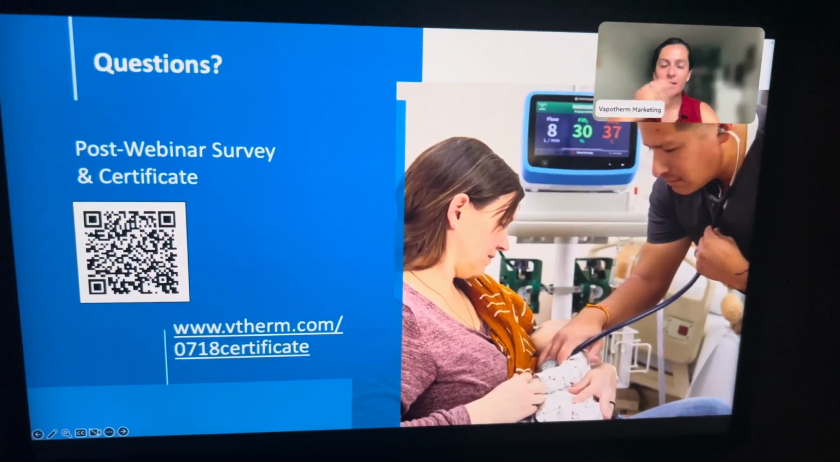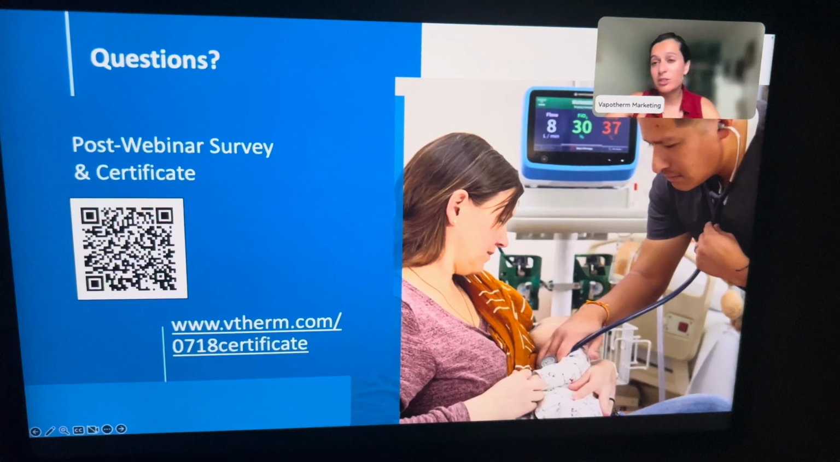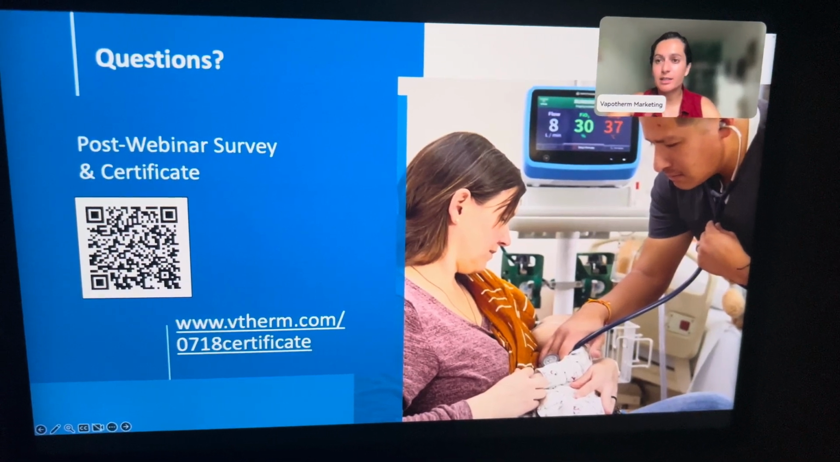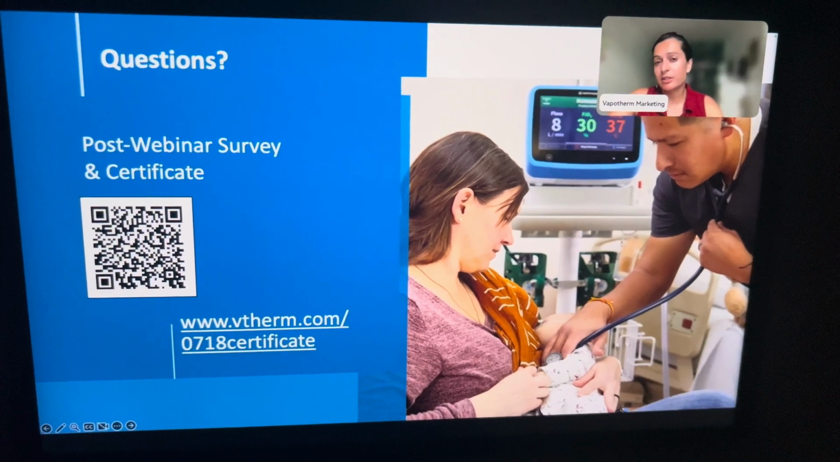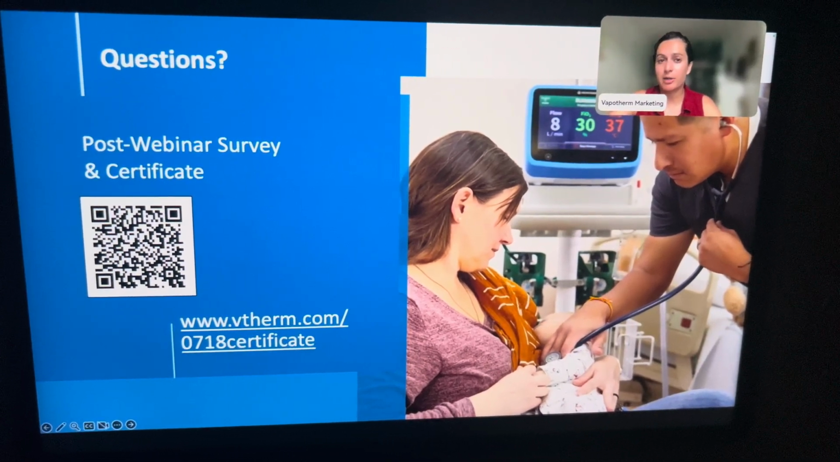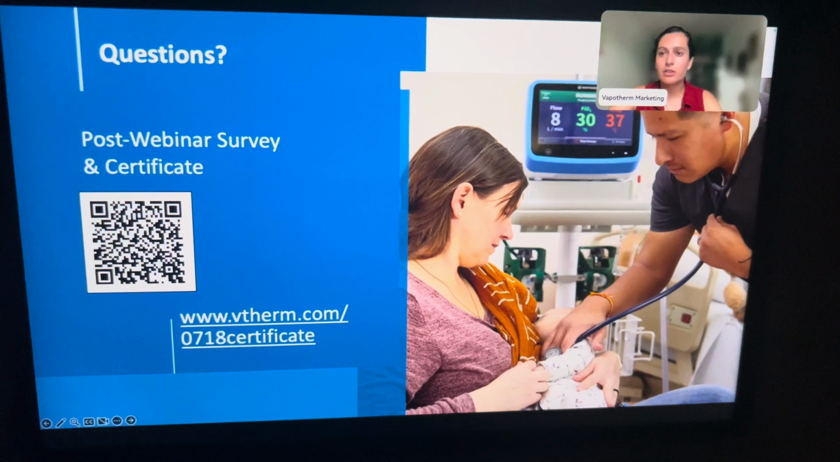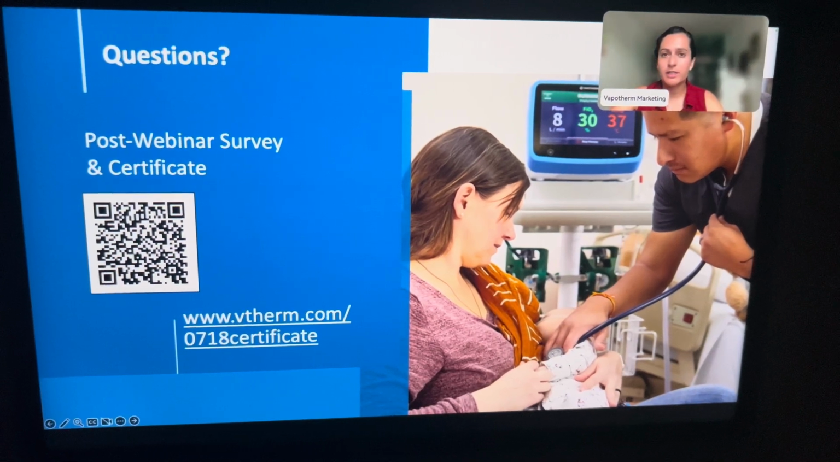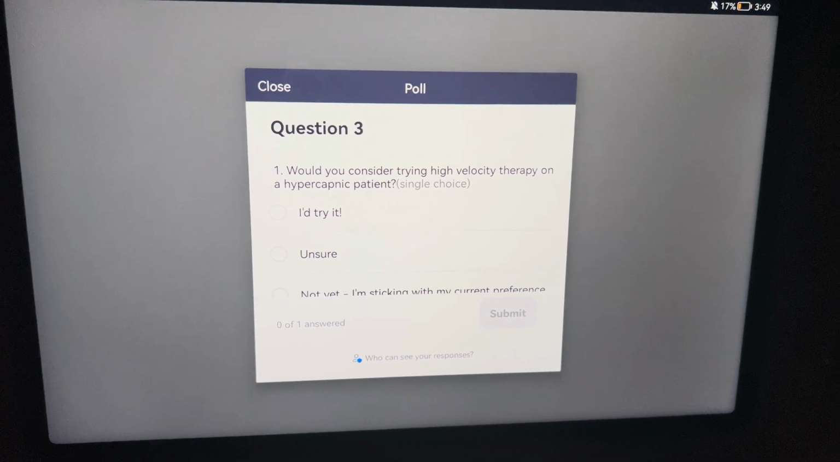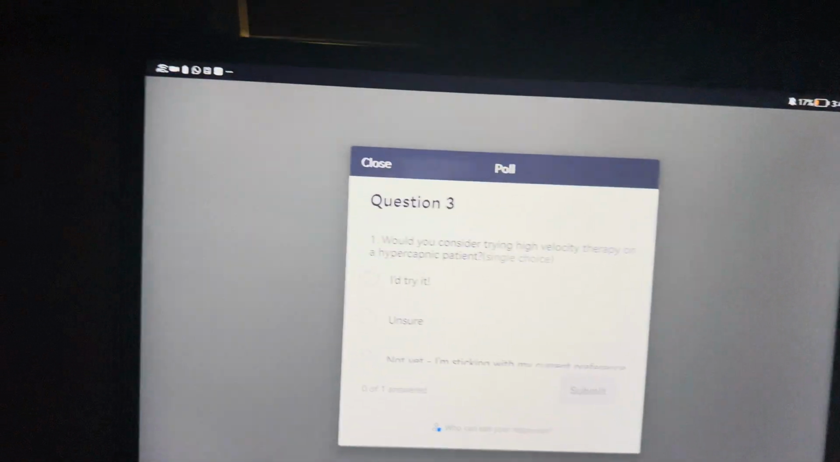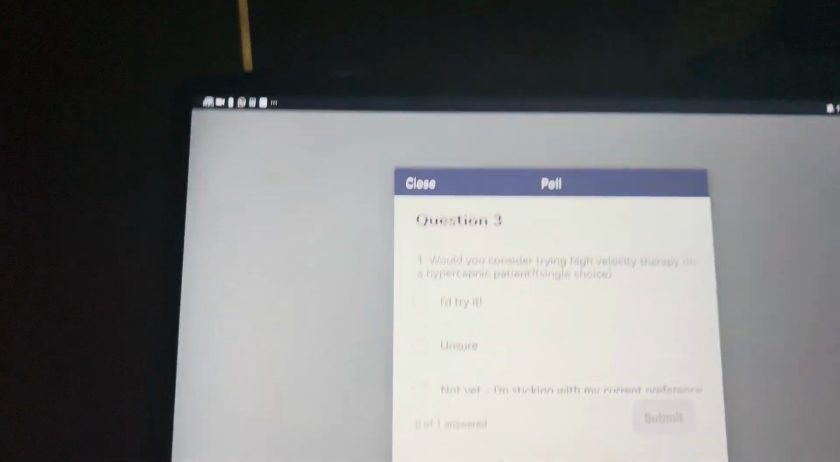For our next question, I want to ask the audience something. Now that you've learned this study and understand a little bit more about computational fluid dynamics, would you consider trying high velocity therapy on a hypercapnic patient? So I'm going to launch this poll. We're curious what you think now. Are you willing to try it, or are you still unsure? And while you're completing that poll and answering these questions,